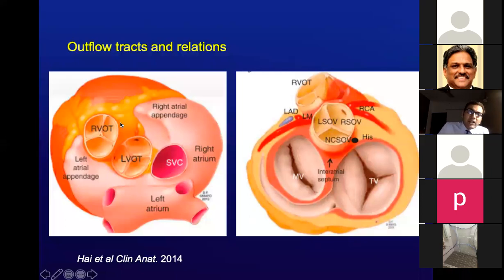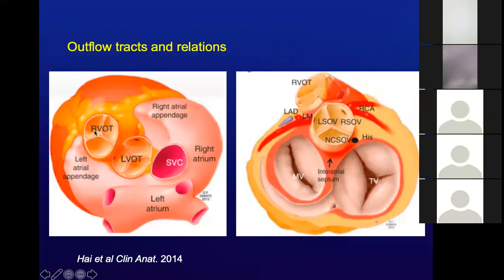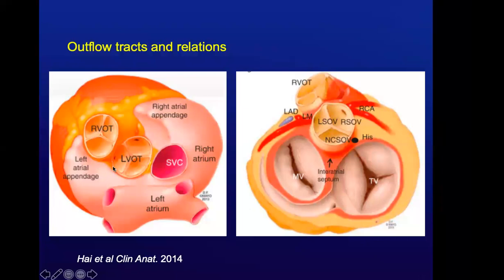Again, as I mentioned, the normal heart has the right ventricular outflow tract anterior to the left ventricular outflow tract. So it is right ventricular outflow tract anterior and then slightly towards the left as the pulmonary artery comes out. The left ventricular outflow tract starts off on the left side, but then becomes on the right side as it continues as the aorta and then the arch.